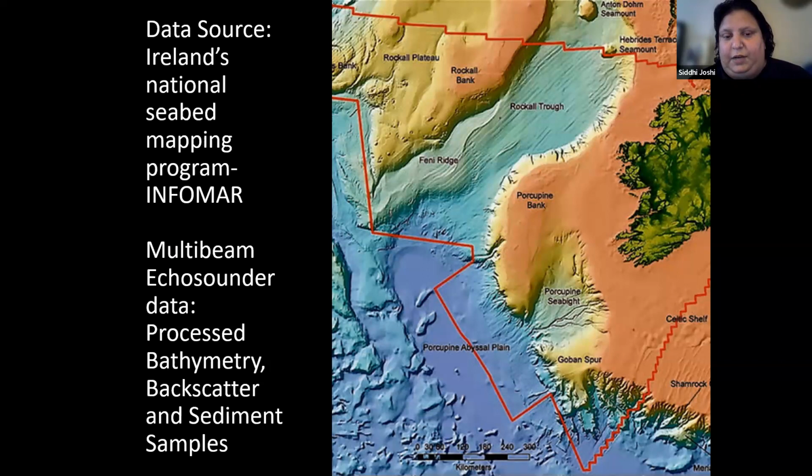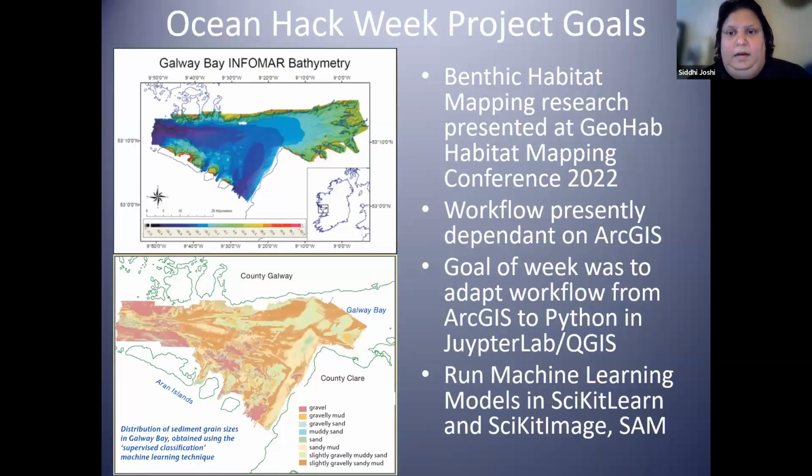My goal for this project was to utilize the processed multibeam and backscatter data from the Irish seabed mapping program for habitat mapping in Galway Bay. Some of the workflow was heavily dependent on ArcGIS. So the goal of the week was to adapt the workflow to transfer it from ArcGIS to Python and run machine learning models